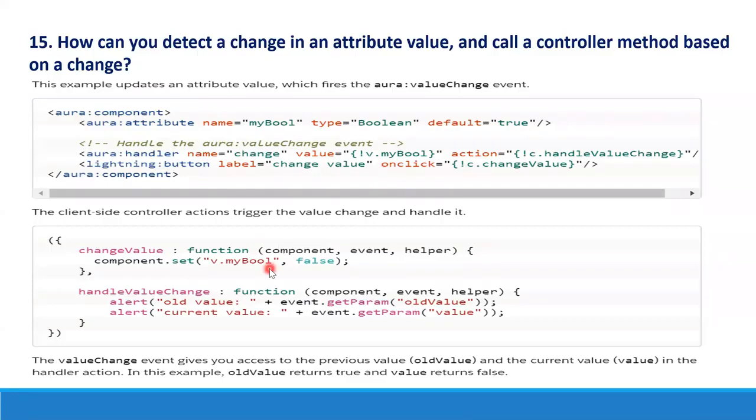Okay. So this Yes. is value change here. Okay.